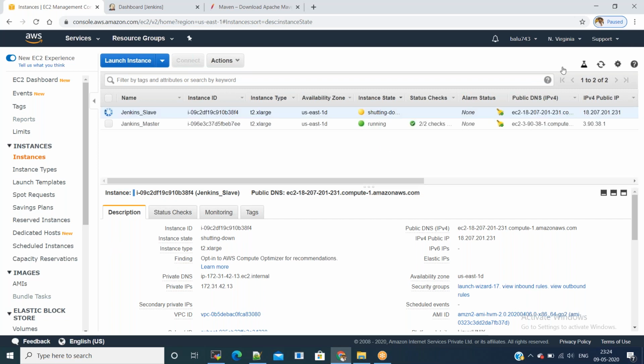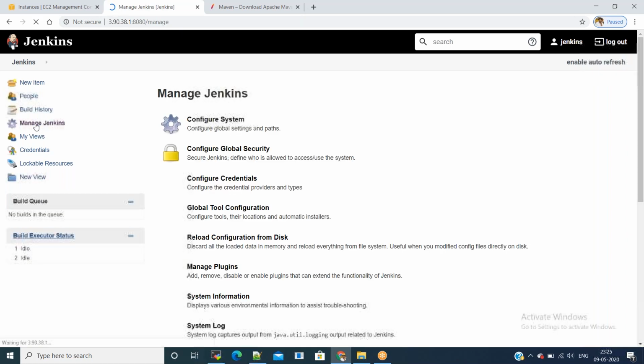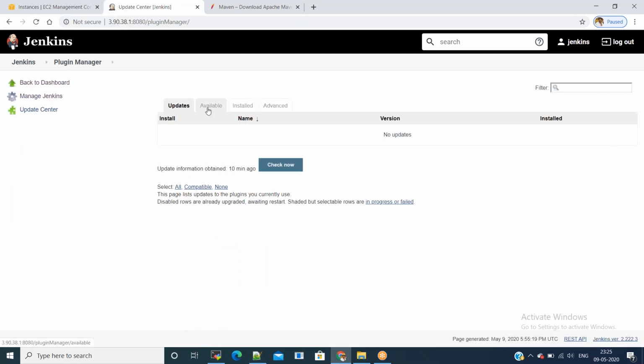Now the next thing we need to do is configure the Jenkins master to use our new AMI for spawning slaves on demand. We can now finish our master configuration. First, we need to install a couple of plugins. Go to Manage Jenkins, Manage Plugins, Available.